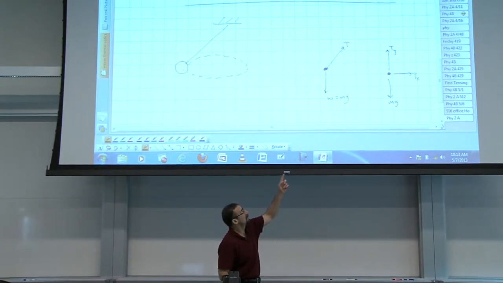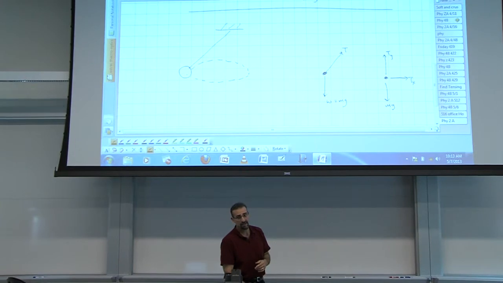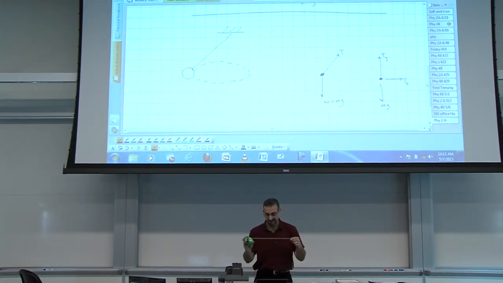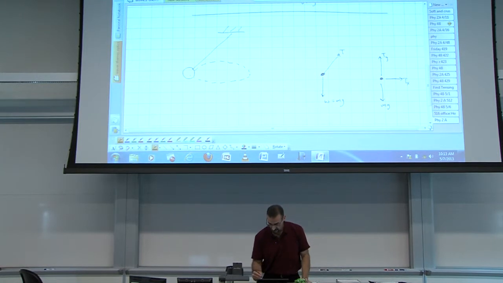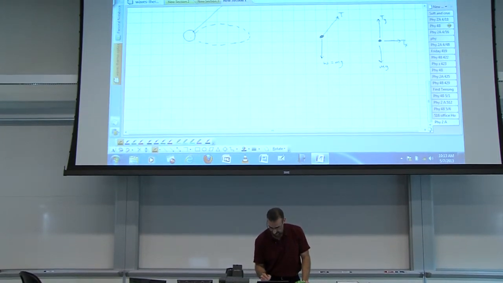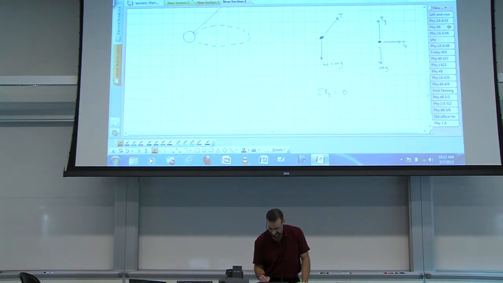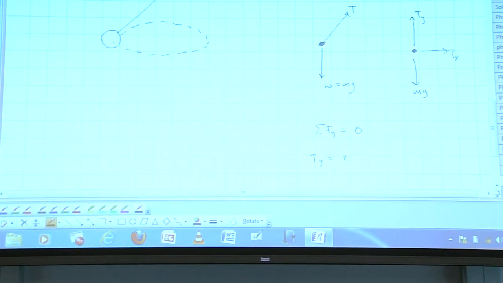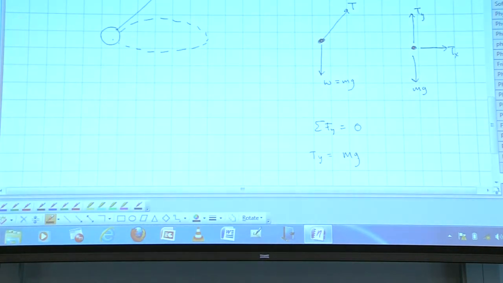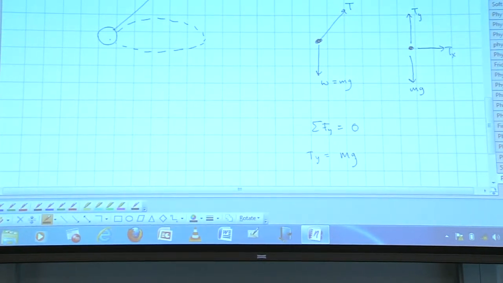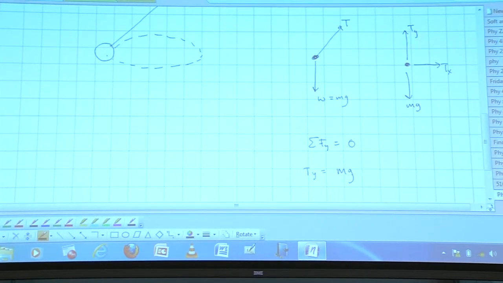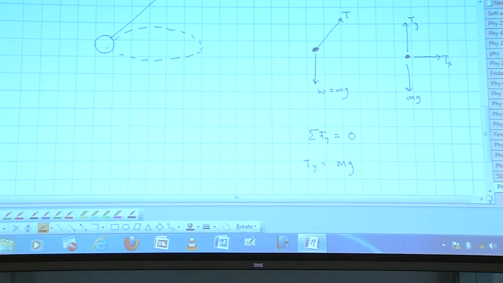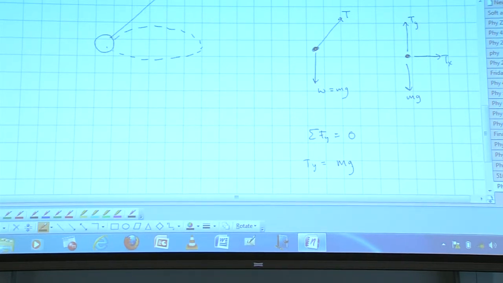We always have to have some T sub y equal to the weight of our object. So in the y direction, the sum of the forces has to be 0. I used mg. There are lots of w's in physics, so I try to start using mg now for weight, because in a few minutes we're going to start talking about work. We're going to have a w for that. We have units that use a w. We have lots of w's. Okay, so